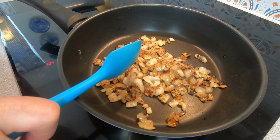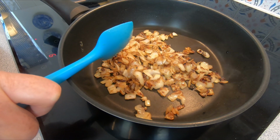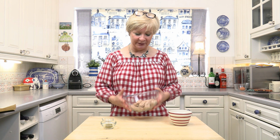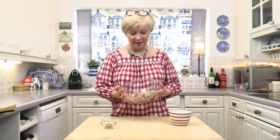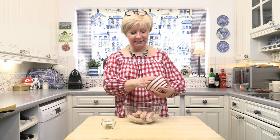And then once they're done, I'm going to leave them to cool, and then I'm going to get on with making my sausage mix. Now, this is how I jazz up my sausages. In here I've got 8 sausages that I just bought at the supermarket. They're just plain normal, I think they were Cumberland, I'm not sure. There are 8 in here. I've taken the skins off, and all I'm going to do is add 50 grams of apricots,